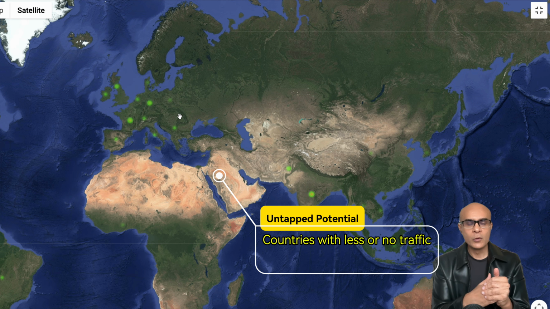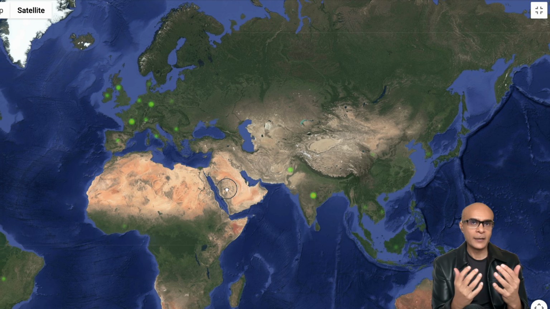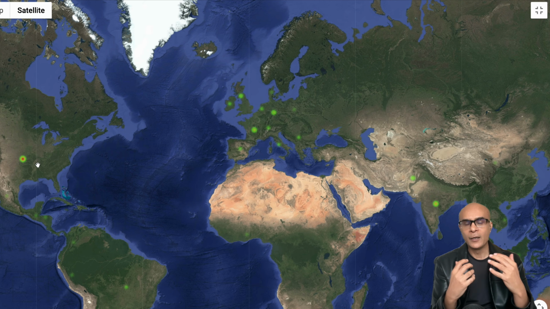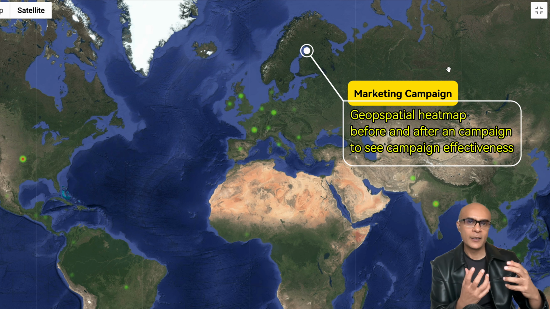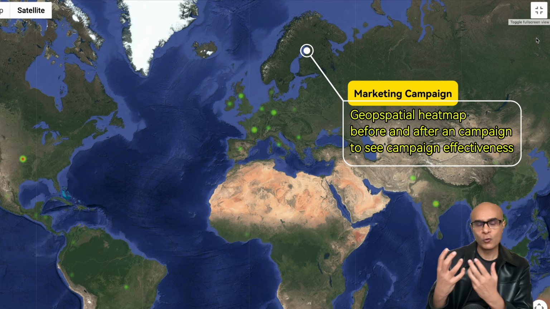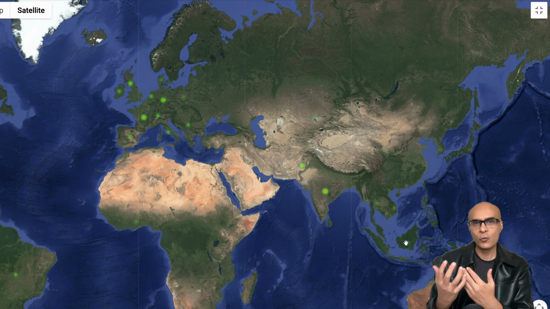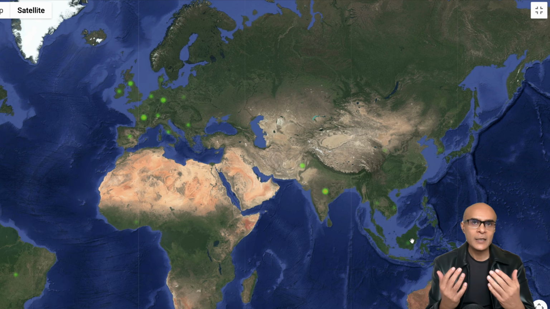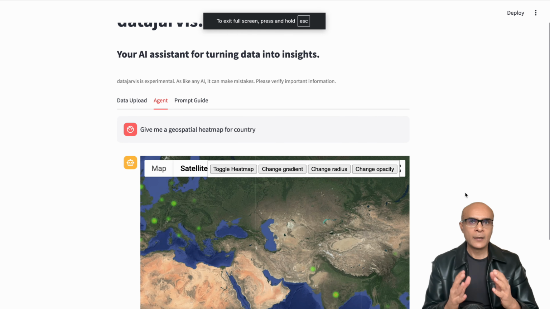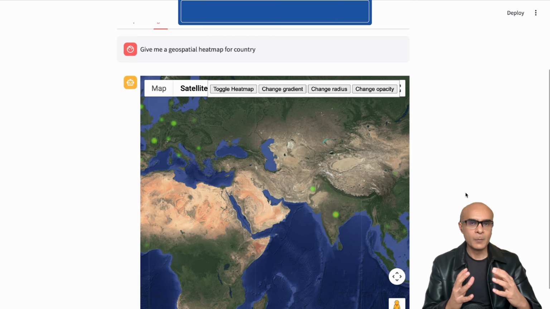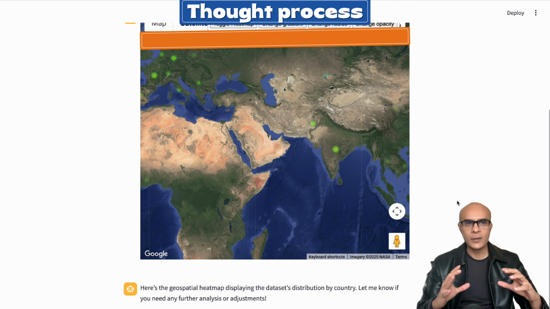In fact, you can also use this geospatial heat map analysis for any marketing campaign. For any untapped potential country, if you are making any campaign, you can make a geospatial heat map before as well as geospatial heat map after, and then you can do a comparison to see if your campaign is effective or not. Now, let us also try to confirm our insights, and we can ask a question such as give